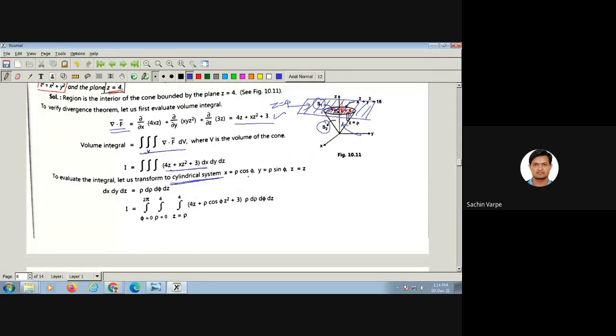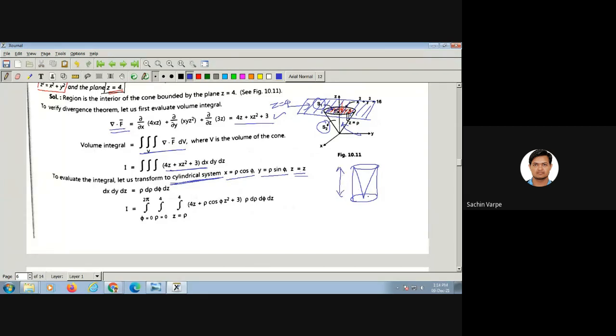As we have the spherical, we also have the cylindrical polar coordinate system. For the cone and cylinder we use it, because, if you remember, a cone is nothing but a sub part of a cylinder, right? So we need the cylindrical polar coordinate system for those. That is x is equal to rho cos phi, y equal to rho sine phi, and z equal to z. That means z, the height, is fixed.